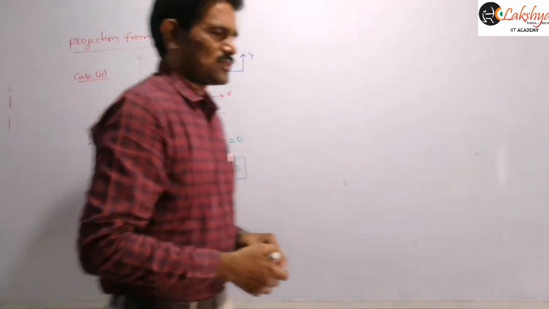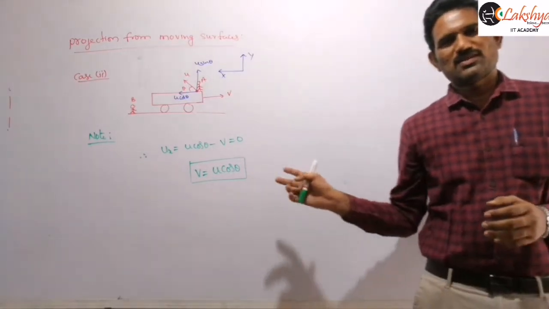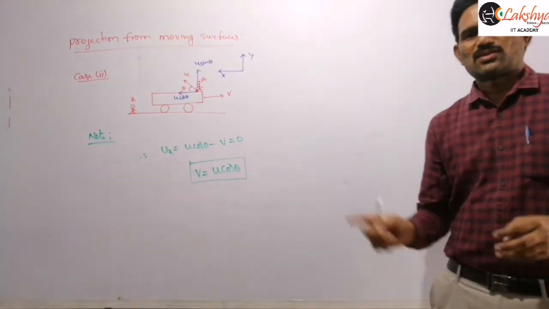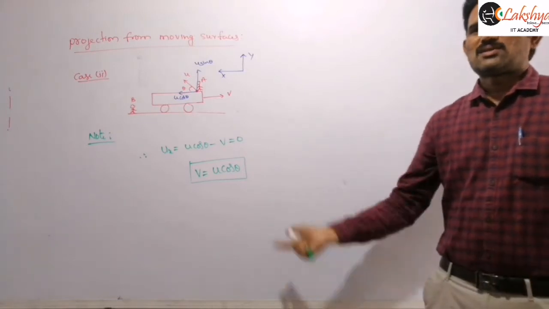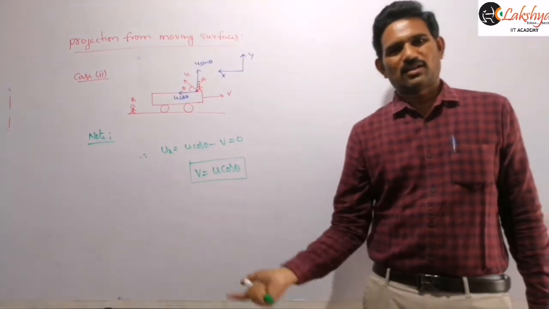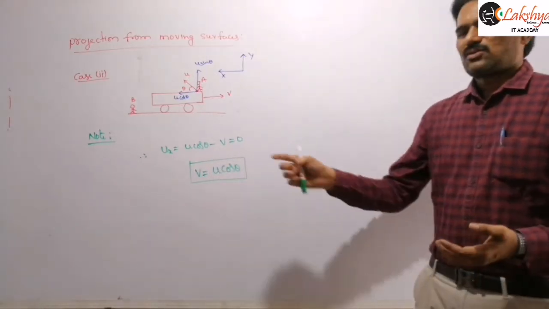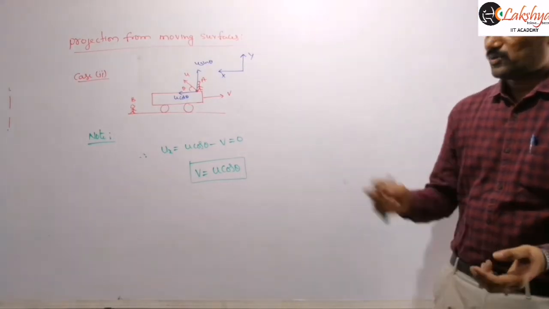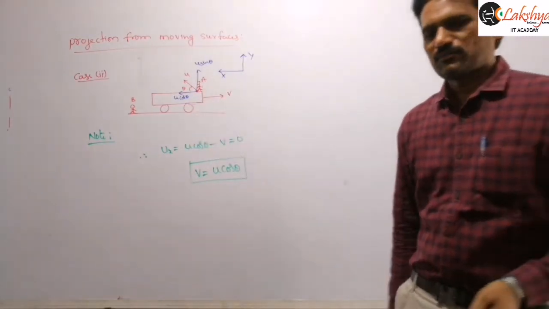So that is our relation between the velocity of the truck and the velocity of this object. If this condition is satisfied, then the object appears to be traveling only in a vertical line, and the path followed will be vertical with respect to the ground. Whereas with respect to the truck, it appears to be traveling still in a parabola, because with respect to the truck it will have both horizontal and vertical components, right? So that is the case.